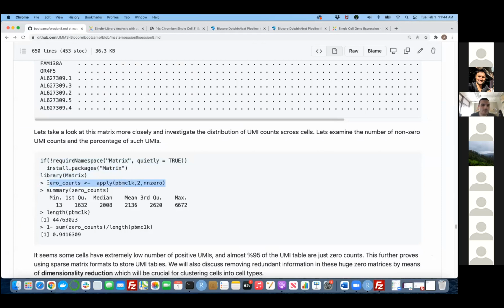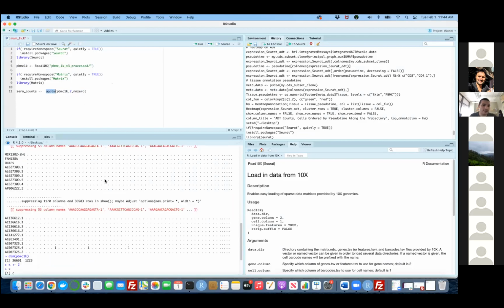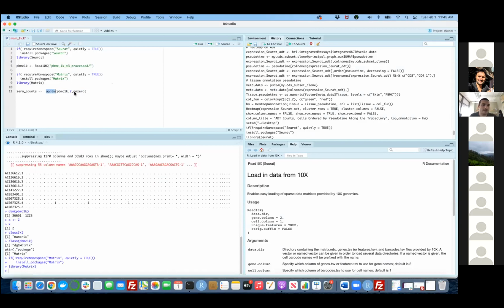So now I'm going to use this NN0 function to understand how many zeros that we have. Basically, the specific function that I'm using over here is that PBMC1K is a matrix, and I use the apply function to apply an N0 function to each of these columns over here. Basically, we have columns as barcodes or cells, and what we're trying to see is the number of non-zeros. So N0 is short for number of non-zeros. So what we're trying to achieve is the number of zeros in each expression profile, which is each column in our UMI table. So when I run that,